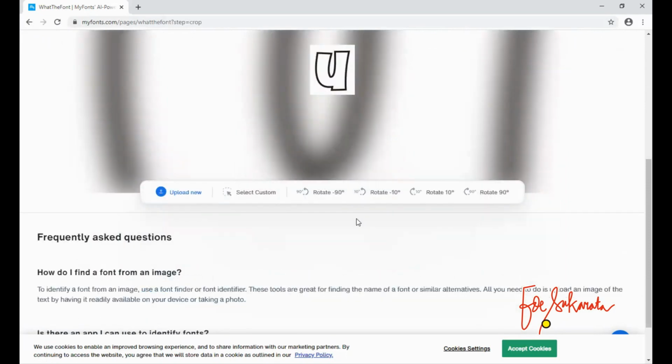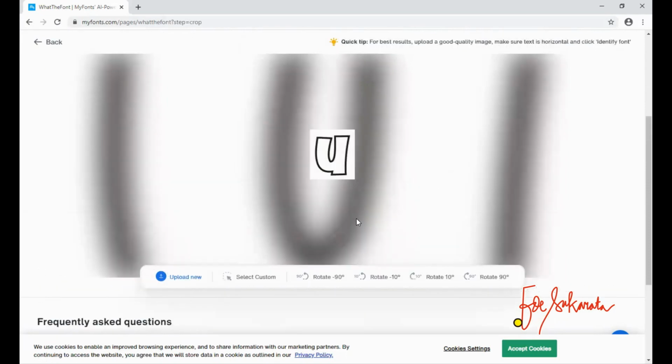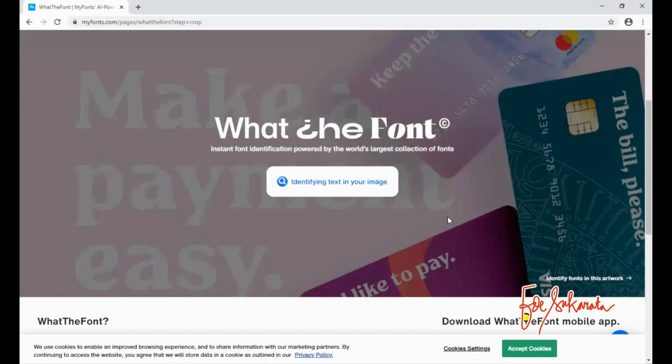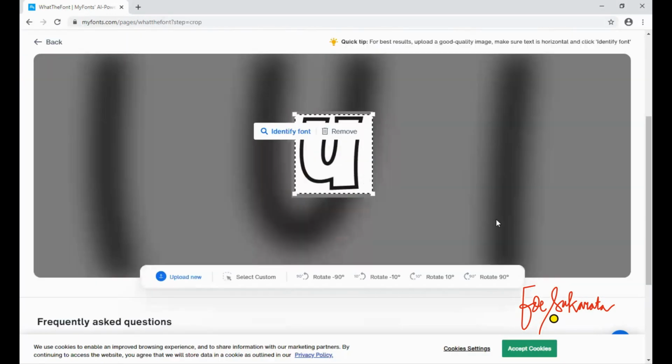Before I show all of you, I have done an experiment with this address. The result is a very great result. I think a similar font from the result.